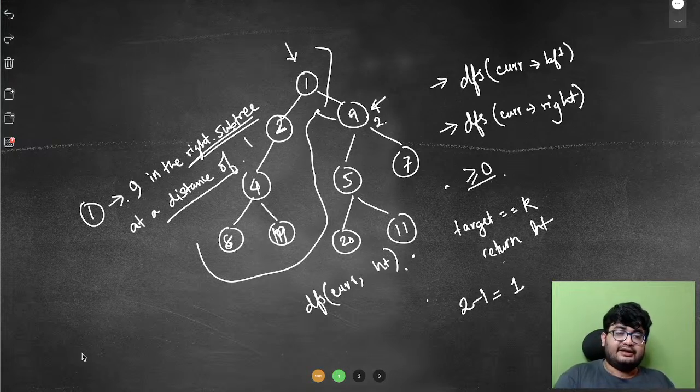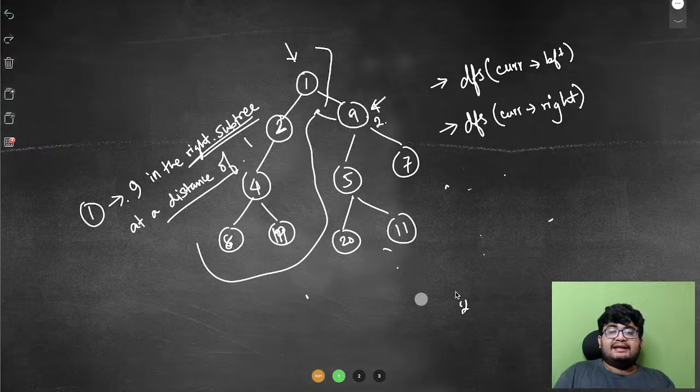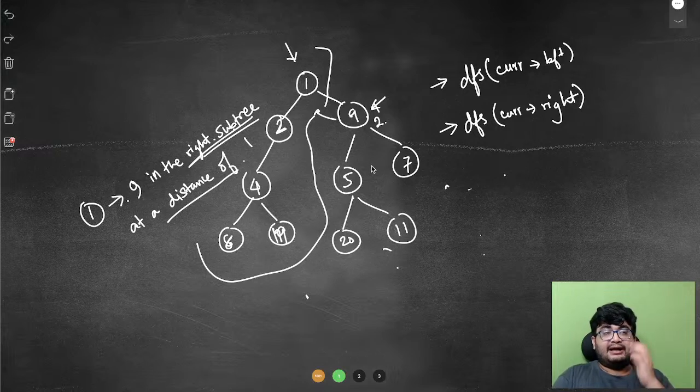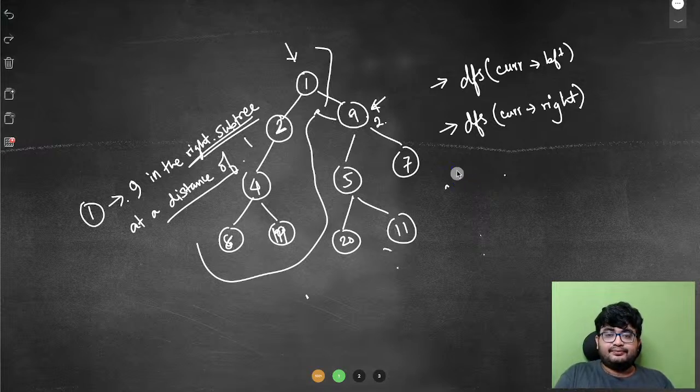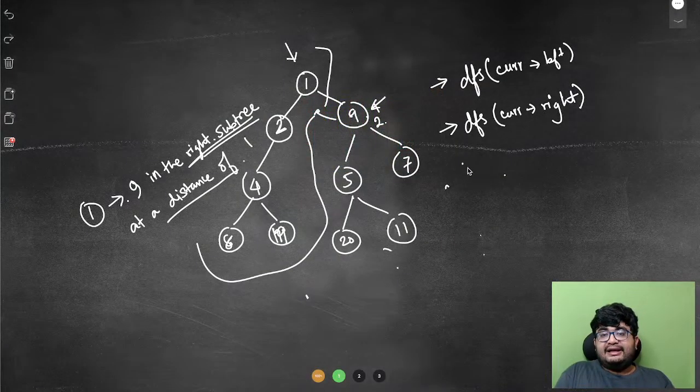Let's understand that. How do we leverage these two things to compute our answer? Okay, let's do a dry run to understand our algorithm. Our algorithm will be something like this: it is not a void dfs anymore, it is an int dfs. So let's write it in white only. So int